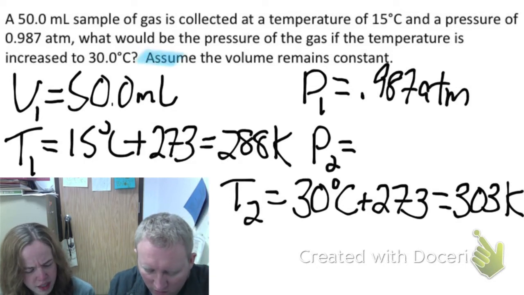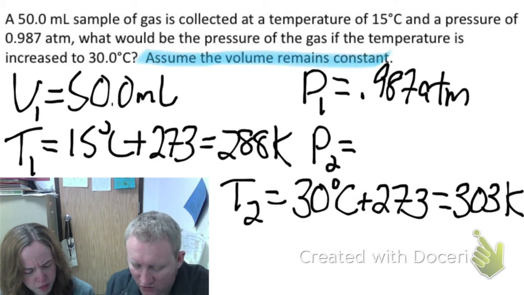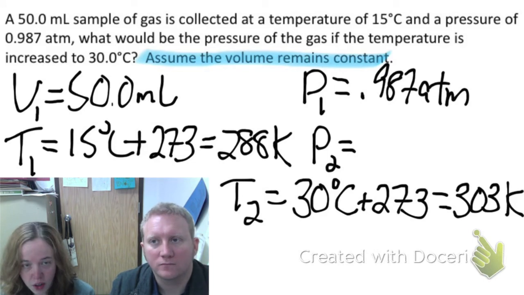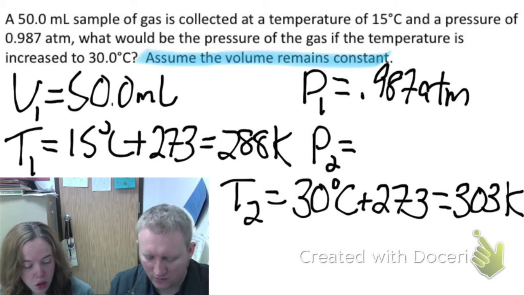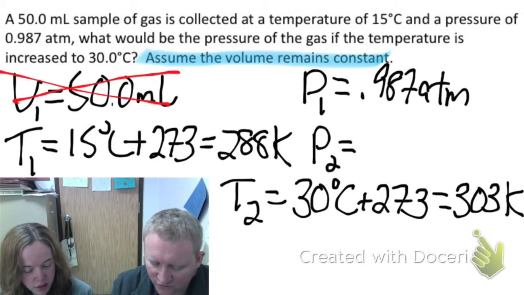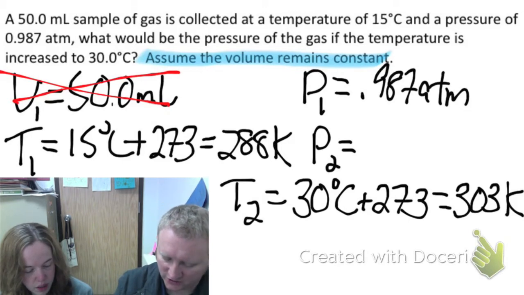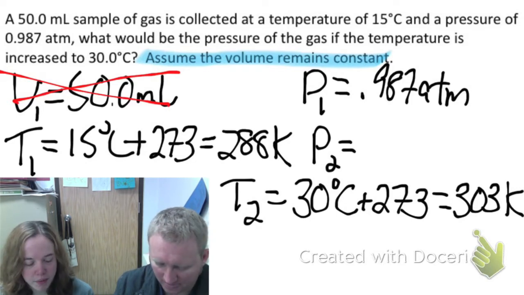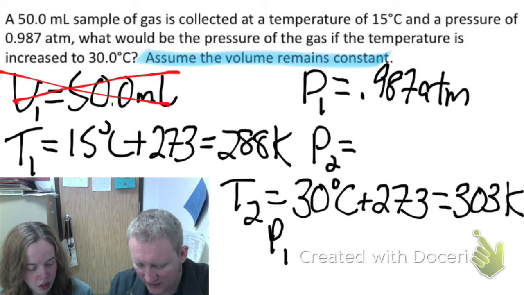But what did it tell us to assume about the volume? Assume the volume remains constant. And again, we mentioned earlier, anything that's constant or anything not mentioned, we don't care. It goes away. So we can cross out the volume it gives us. And we don't have to worry about the new volume because it doesn't change. And then what else don't we care about? The number of moles, because it never came up. So looking at our PV over